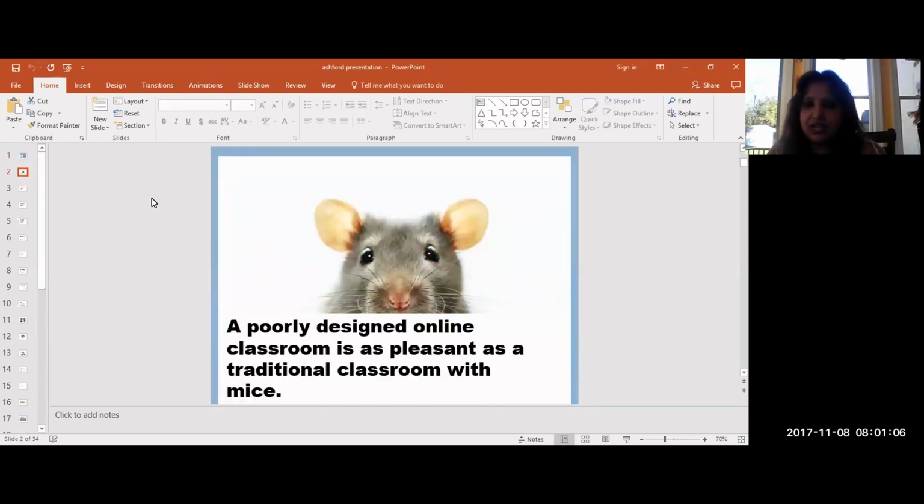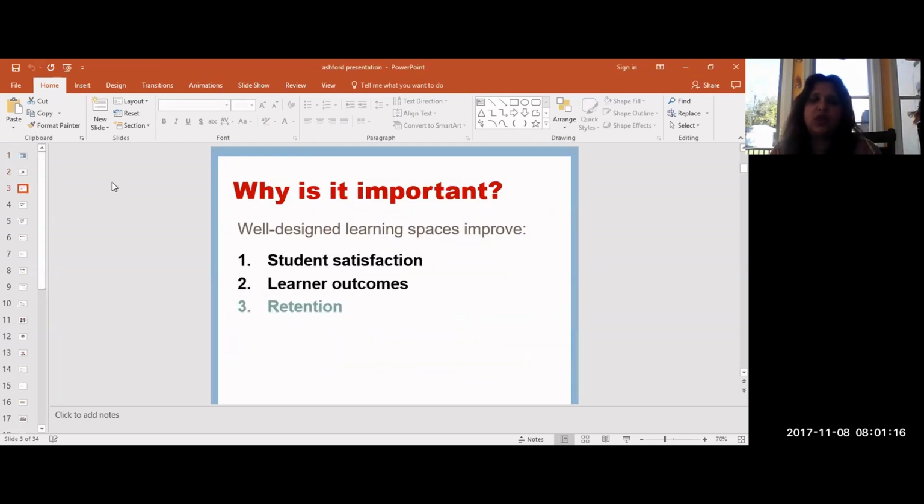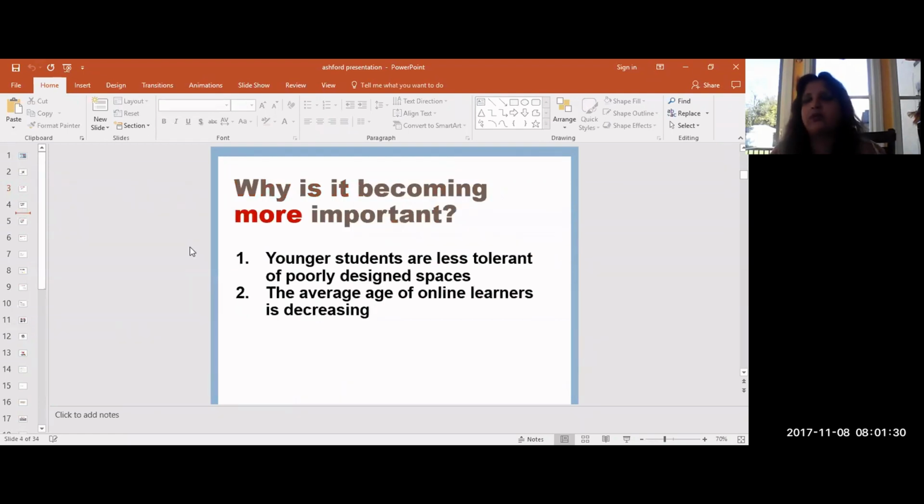So, just to start off with some of the cosmetic choices that we can make, obviously we want to have a well-designed classroom. And it's important, right? Because when we have a well-designed learning space, we have an improvement in student satisfaction, learner outcomes, and retention. It's even more important because in this current climate, we have younger students coming into our classes. They are bedazzled, perhaps, by many websites and many very sophisticated destinations on the web. So it's important that there are certain well thought out choices that we make when we design an online learning space,